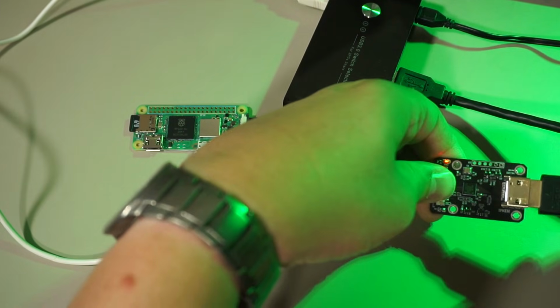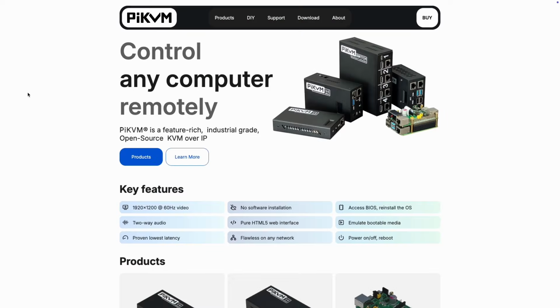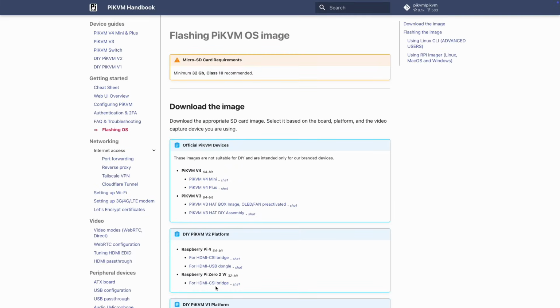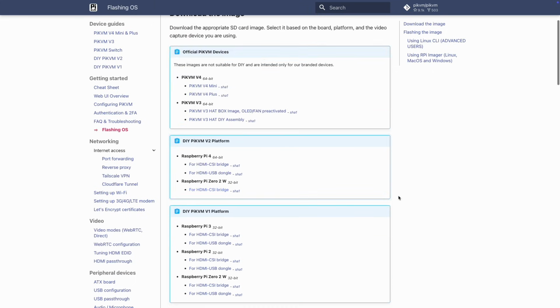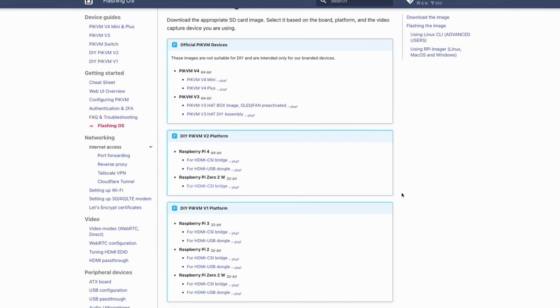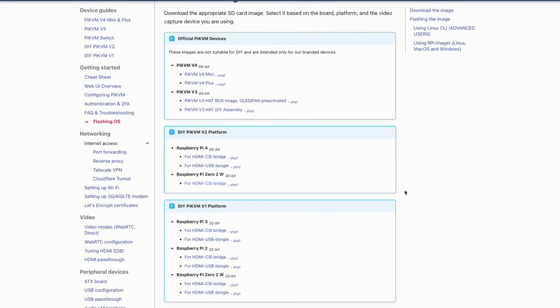The last piece of the puzzle we need is the PiKVM image on an SD card. Head to pikvm.org, click Download, click DIY and click the download link for the Raspberry Pi Zero 2 W here. We want the V2 image, as V1 doesn't support keyboard and mouse emulation without additional hardware. Also, as you can see, you can use an older Pi, but you'll again need additional hardware to get keyboard